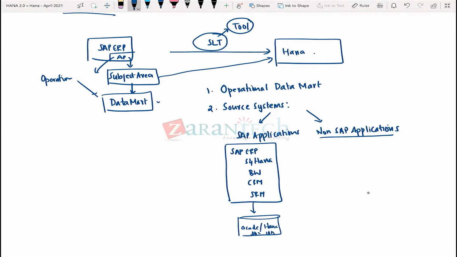It doesn't matter. As long as your aim is to bring data from an SAP application system into SAP HANA, SLT can be your tool to push that data. But it doesn't stop there. SLT is also saying I can support non-SAP applications, but I have